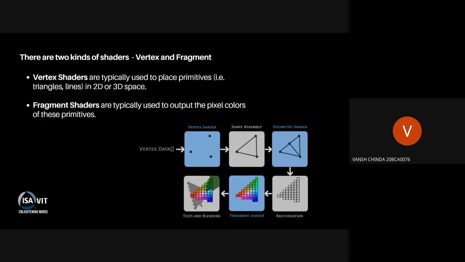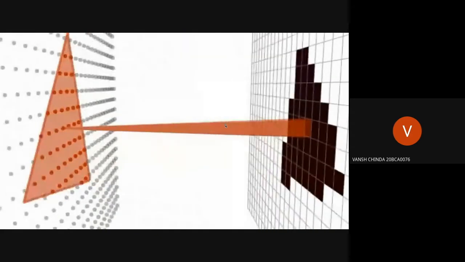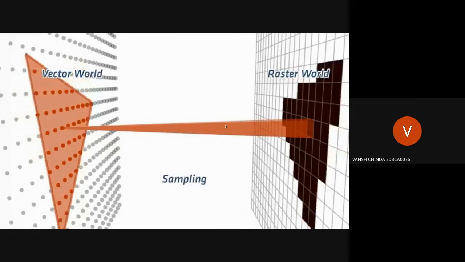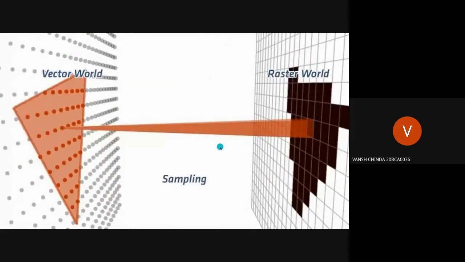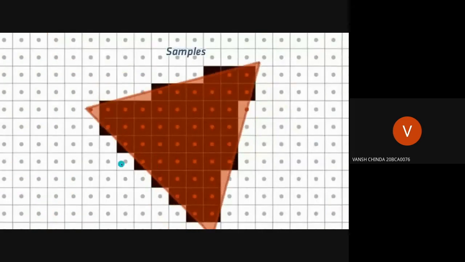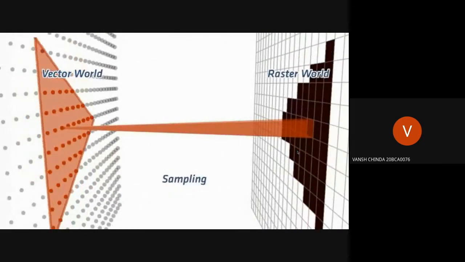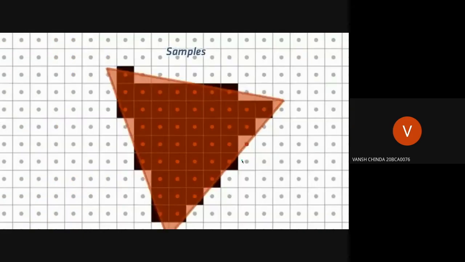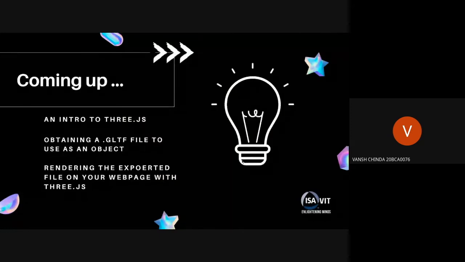So let's first understand what this rasterization process is. Okay, let's look here. What is happening here? There's the vector world that was created by the vertex shader. The vertex shader will define a triangle according to these mathematical terms. What the rasterization process is doing is just sampling this vertex shader output onto the pixels on your PC. And after this rasterization process, the black pixels you see here, the fragment shader will give them color.